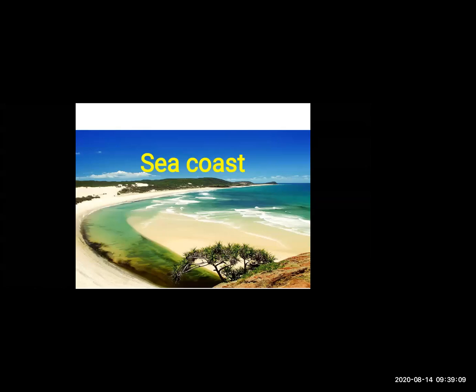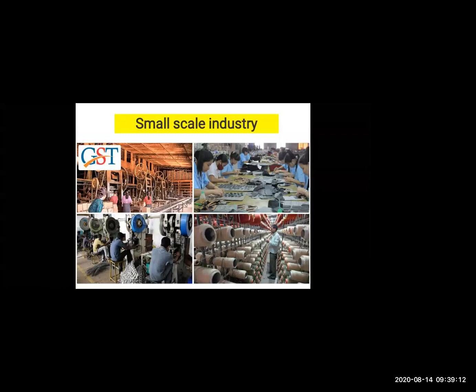The next example is small scale industries. Small scale industries means the industries which begin with less capital or less manpower. Here capital means the money invested to start any small industry. So the production of the industry, the working process, the required raw material, and marketing planning, we get lots of information about these by visiting such industries.